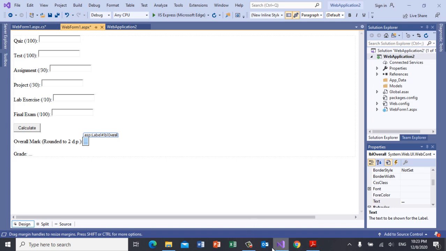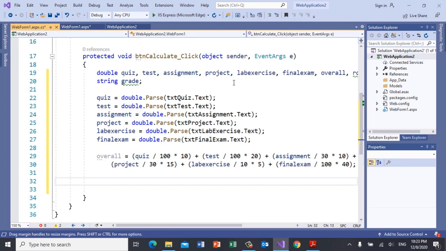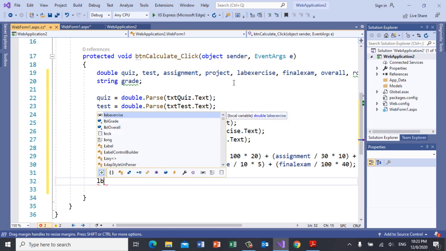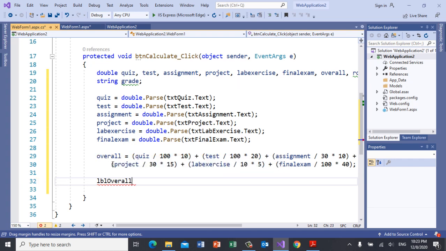So what we need to do here is that the name of the label just now is LBL overall. So LBL overall. To display a value onto the label, we need to type in text. This is the property to allow something to be displayed onto a label. So dot text equals to,